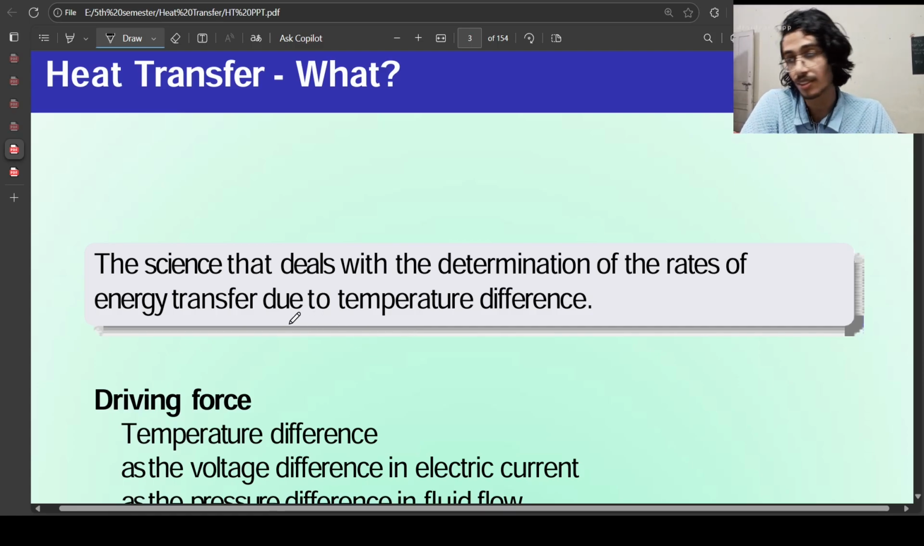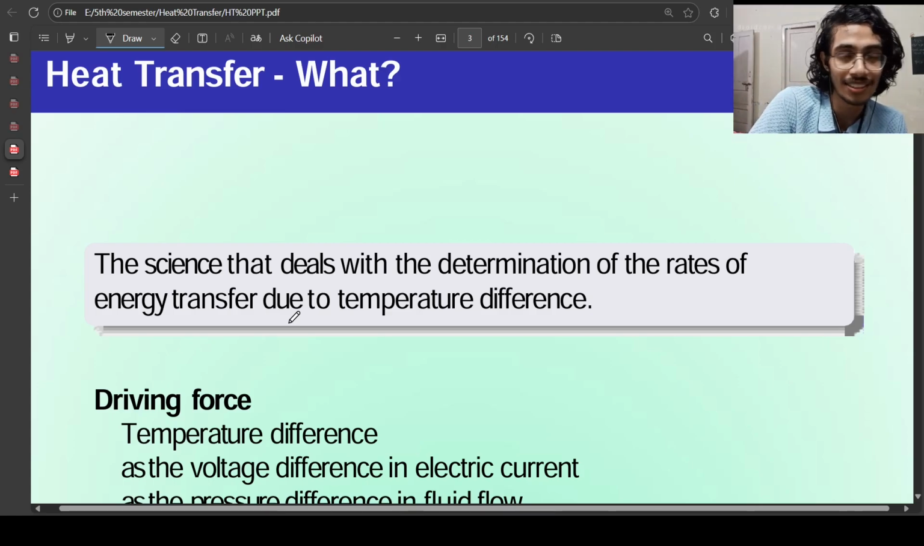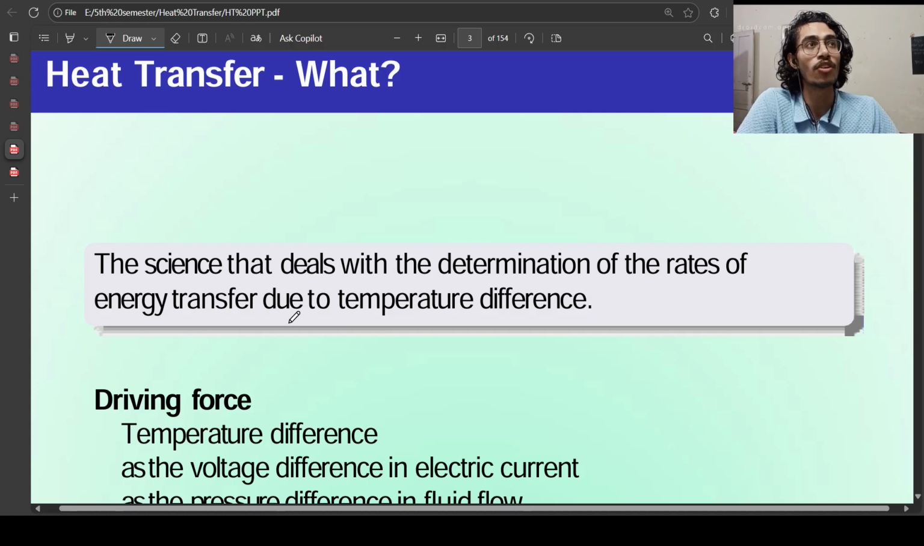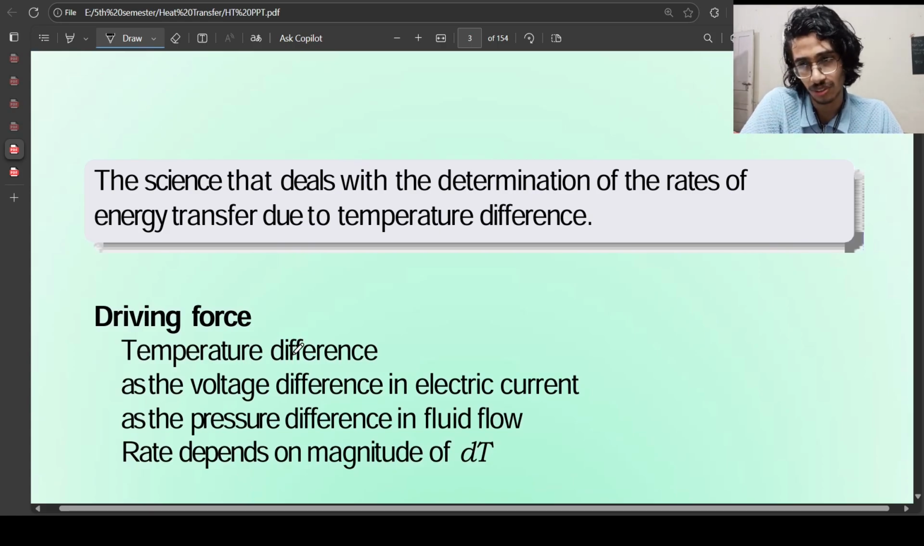What is heat transfer? The science that deals with the determination of the rates of energy transfer due to the temperature difference is heat transfer, right? Transfer of heat from one region to another by virtue of the temperature difference between them. What is the driving force? I have already mentioned that it is the temperature difference, as the voltage difference in electric current,